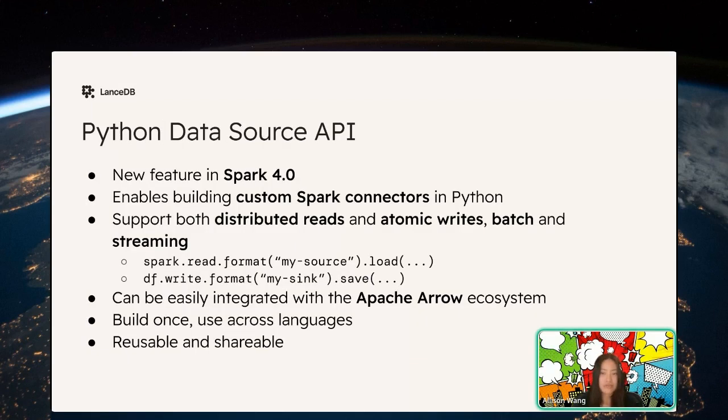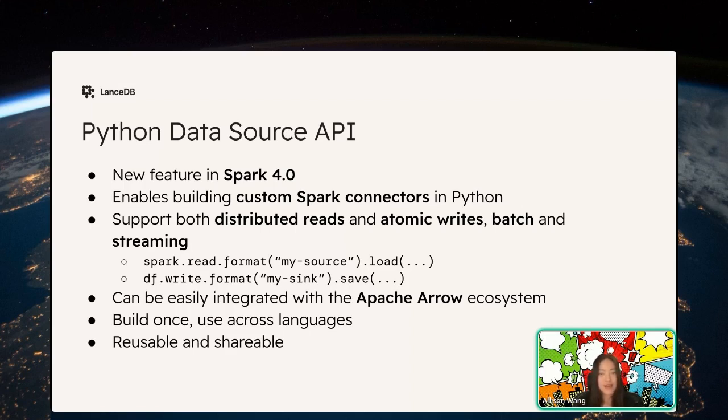One of the key features in Spark that I want to cover today is the Python data source API. It is a new feature in the upcoming release of Spark 4, and it is a game changer for building custom data sources. Before this API, Spark only had the Scala data source API, which can have a pretty steep learning curve if you're not familiar with Scala.